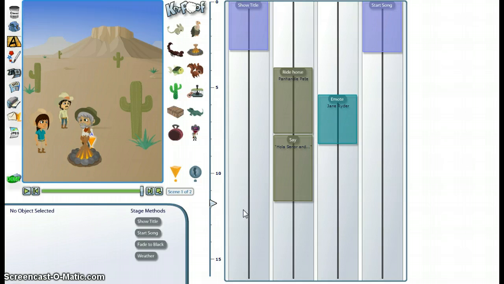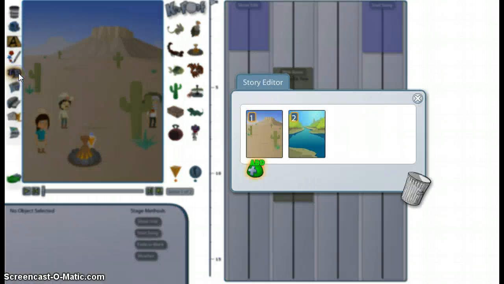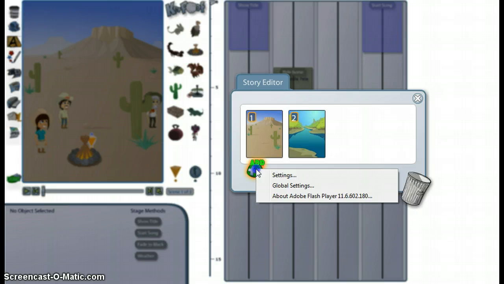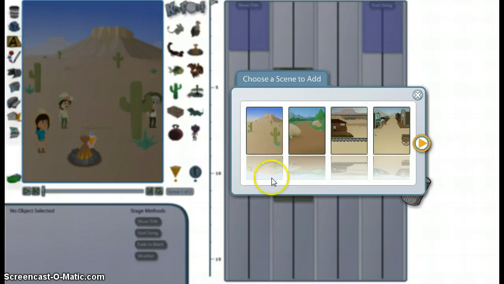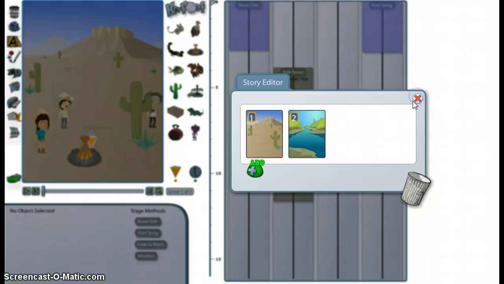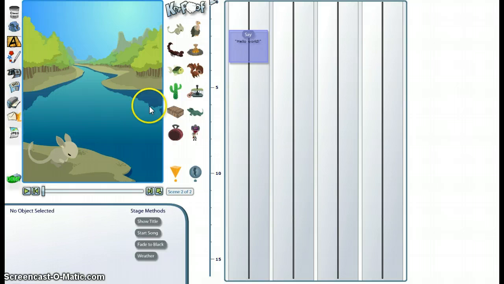So now, to add another scene, I'm going to go over to the far left side to my Add More Scenes button, select it, and these are the scenes that I've already created. If I wanted to have more options or start from scratch with more scenes, I simply go Add, and I'm back to all the original scenes from the Tall Tale storyline. I'm going to jump into the second scene that I've already created for this movie, and here we are,